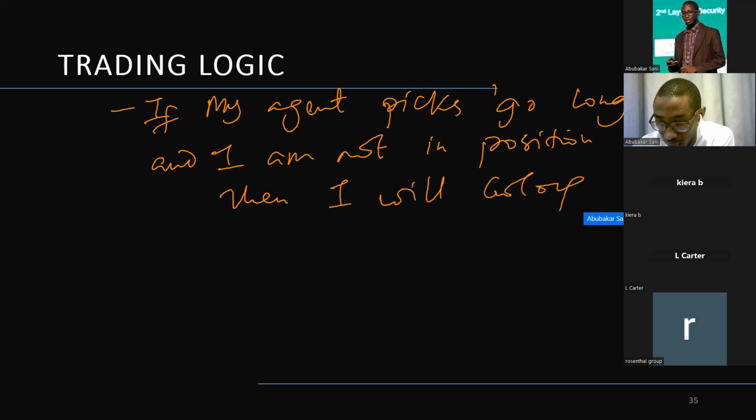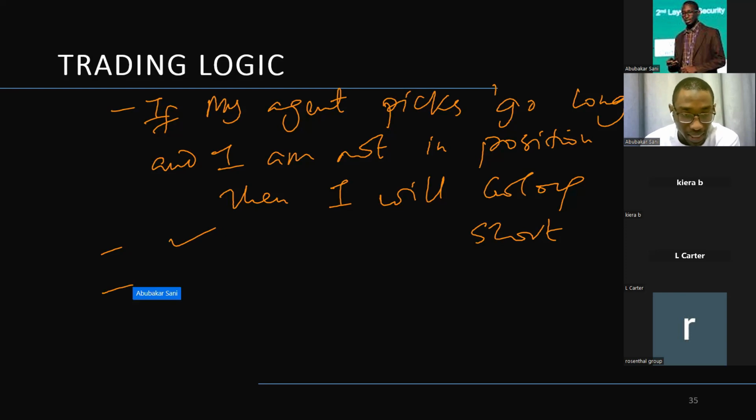The opposite is the case for going short. If I am not in any position, and my agent tells me, oh man, Tesla is not looking good, you're going to go short. People are not happy with Tesla, so I will go short. All right, so these are 2 situations. The third situation is I'm already in position, meaning I already bought Tesla. I got one stock of Tesla. At the end of the time step, my take profit and stop loss has not been triggered. I'm still in the trade. And then my agent is still telling me, buy Tesla, buy Tesla. Since I already bought it, I'm not going to buy again.